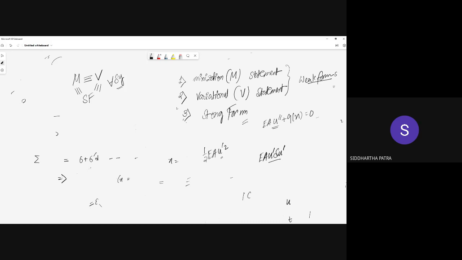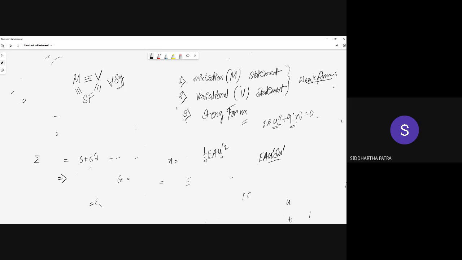You see, if q(x) is 0, then u is a linear function. If q(x) is a constant, u is a quadratic function. If q(x) is a linear function, then u is a cubic function, and so on and so forth. So there is a dependence on q, and if q is sinusoidal or exponential or hyperbolic functions, then the nature of u would also change. So u can be any function.